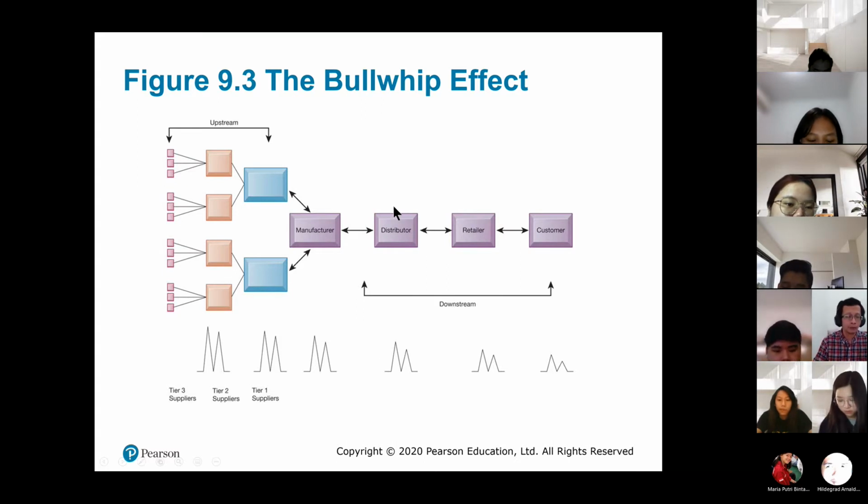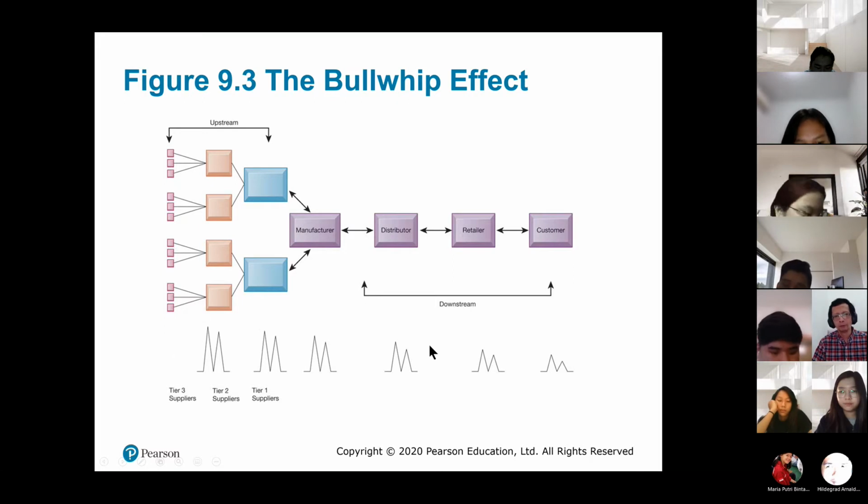The distributor usually receives 800 orders from the retailer. Then they say, okay, let's order again, but not 800, say 1,000. So they order 1,000 from the manufacturer. Another spike. The manufacturer receives the 1,000 order, and then says, let's produce some more. So they ask for materials to produce 2,000 instant noodles, and so on and so forth. So this is the distortion, the spike.